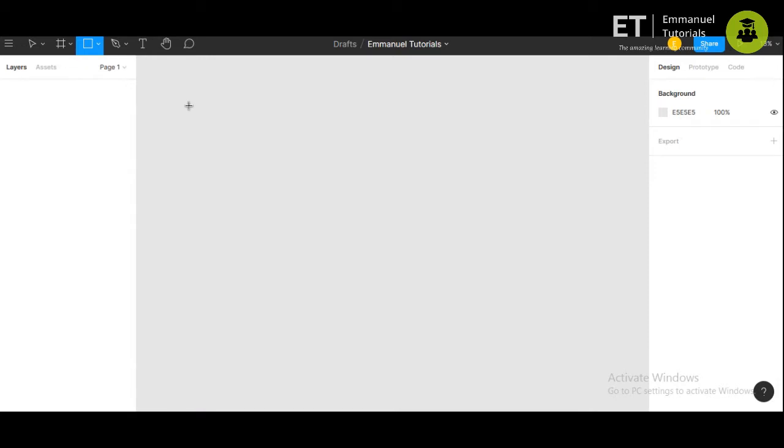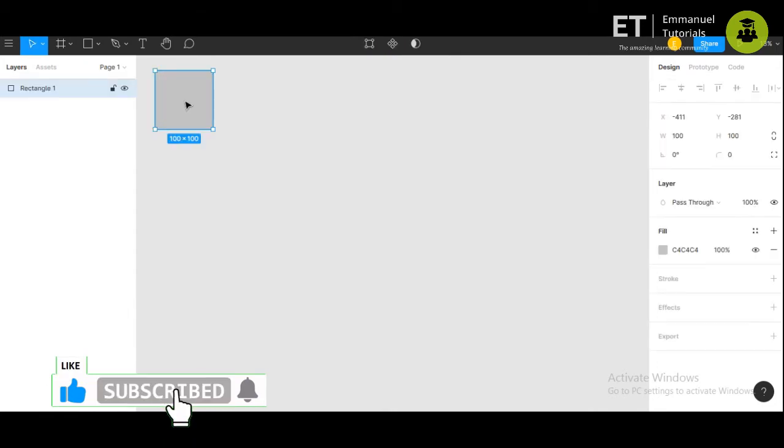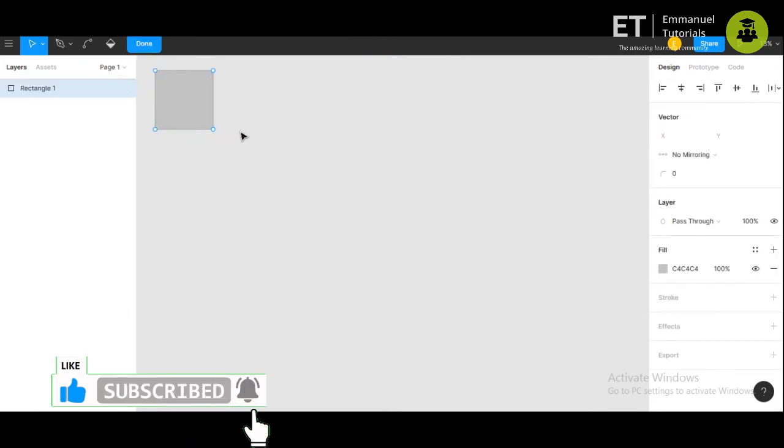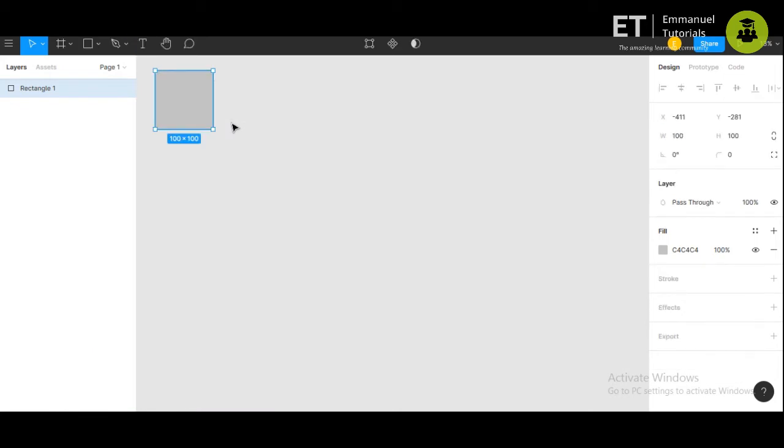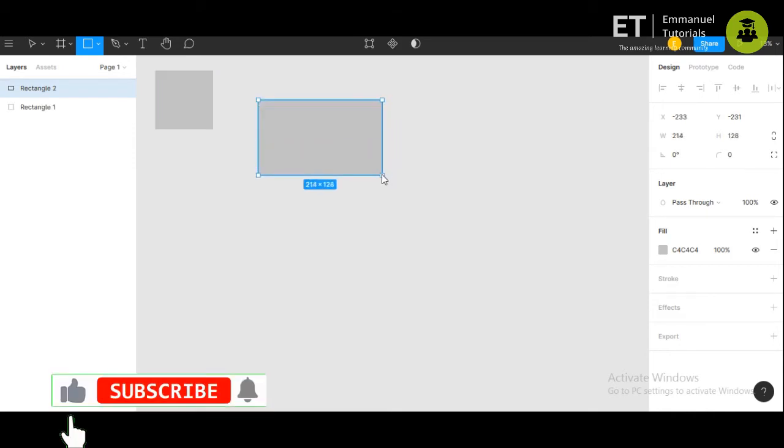So for drawing the rectangle, you'll have to press the cursor, and if you just double click, you will have a square which will be made. If you press it and pull it slightly, you can make a rectangle.